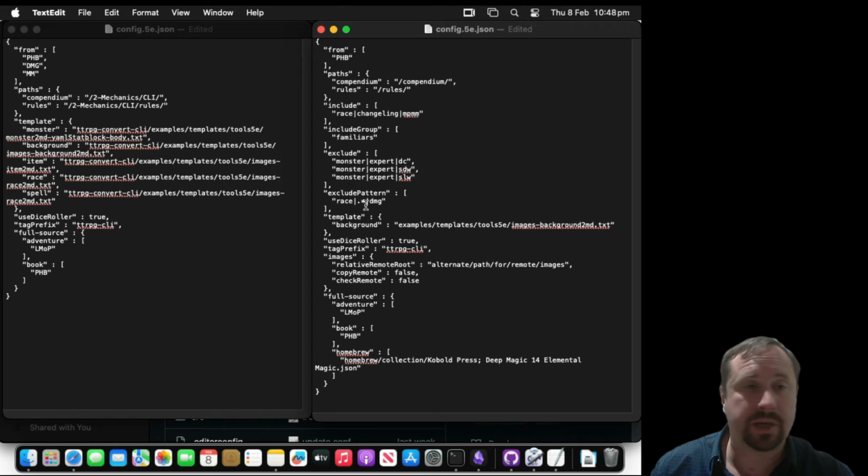So I take all that out. I don't need it. All right, but then we get down to templates. Templates are important, and you can see here that I've added some extra ones in. We've got the background template that's being used here. We don't really want the background